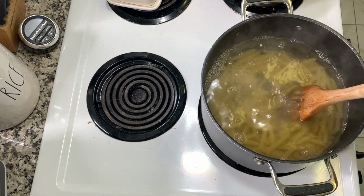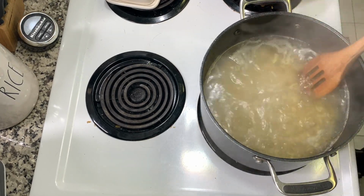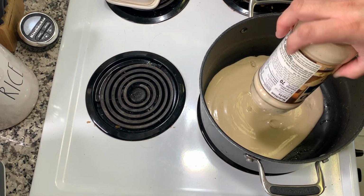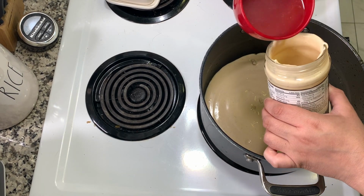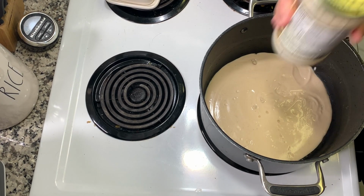And now I just brought that same pot to boil with some water, and salted water at that, for the pasta. And I went ahead and added in 2 cups of dry penne and boiled it just till it was al dente. And then I drained it, and now to the same pot I am adding 1 jar of Alfredo